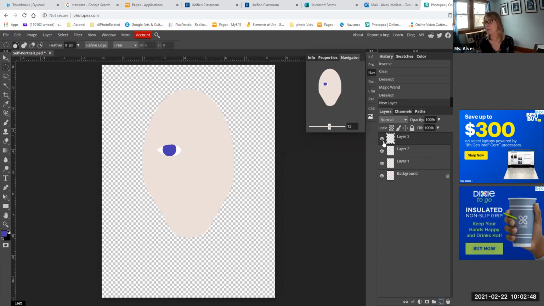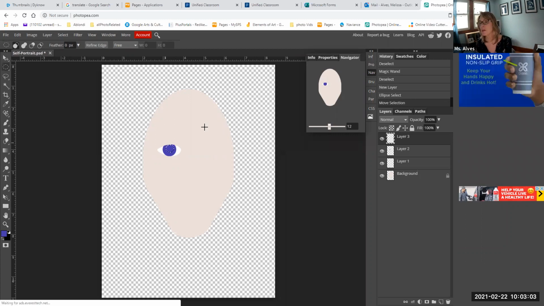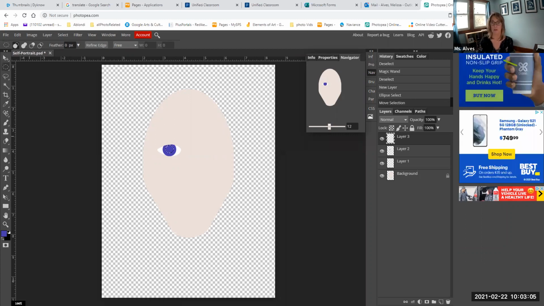And again, I'm making a new layer, making sure there's nothing on it. So now, since black is one of my default colors, I'm just going to hit the double-headed arrow, and I'm going to go with the paint bucket and fill that. So there's that. So now, just so I don't look like a deer in headlights,